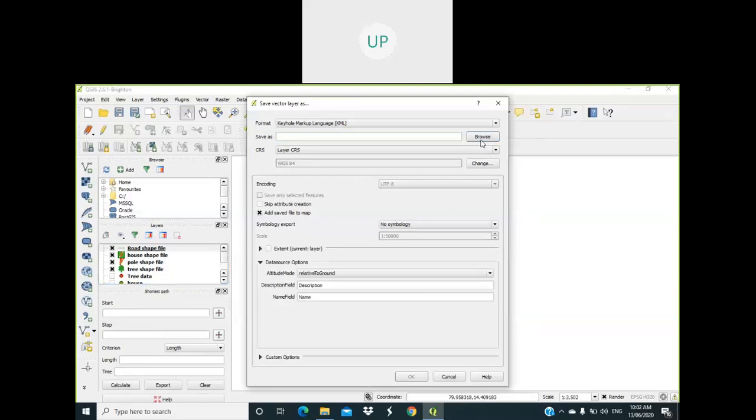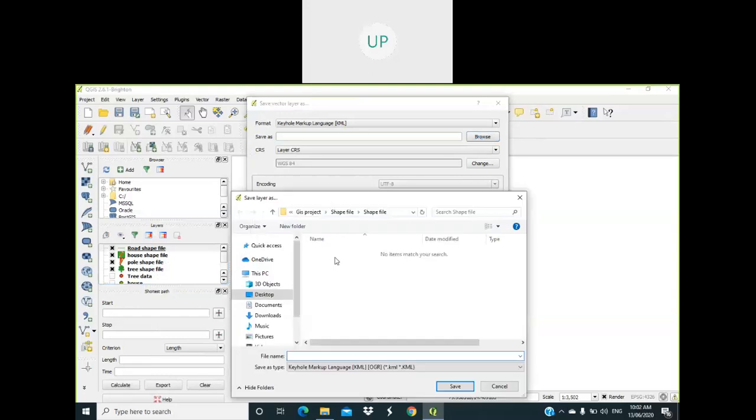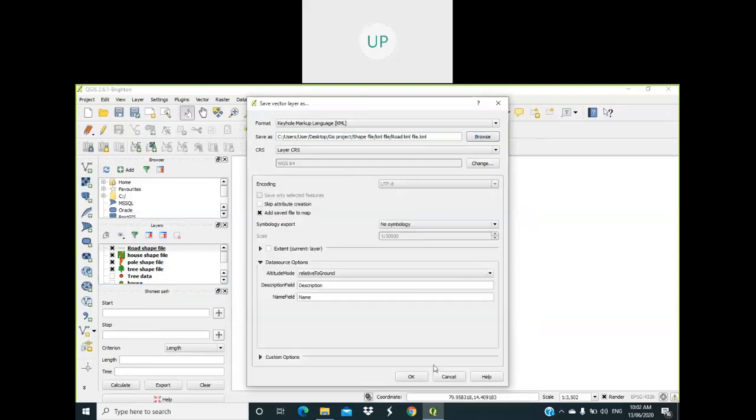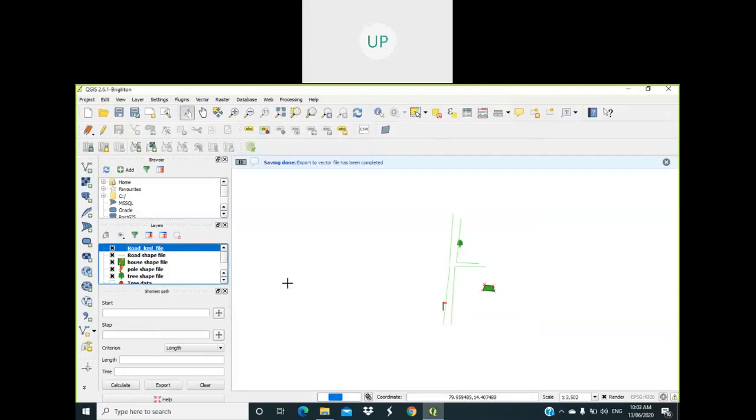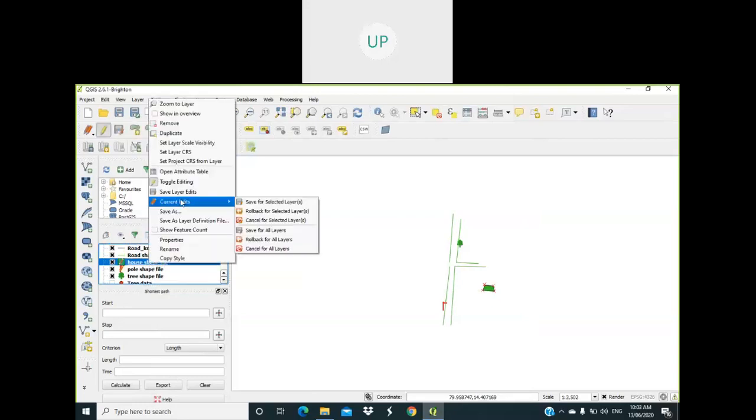Right click, save as, browse, road KML file. Save. There is no need to change any options. Okay. Here you can see the road KML file was formed.